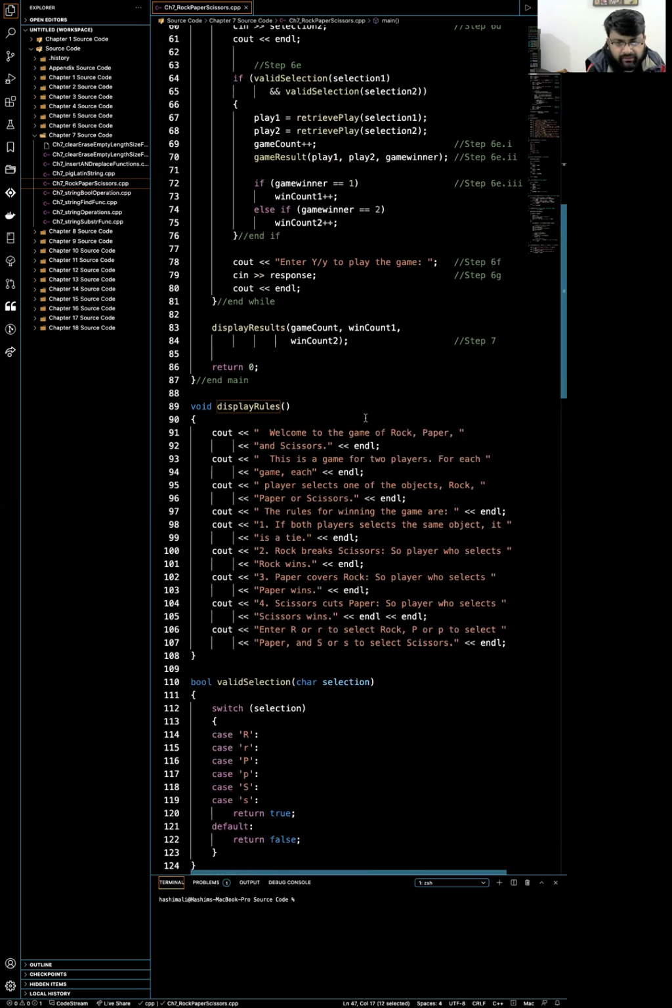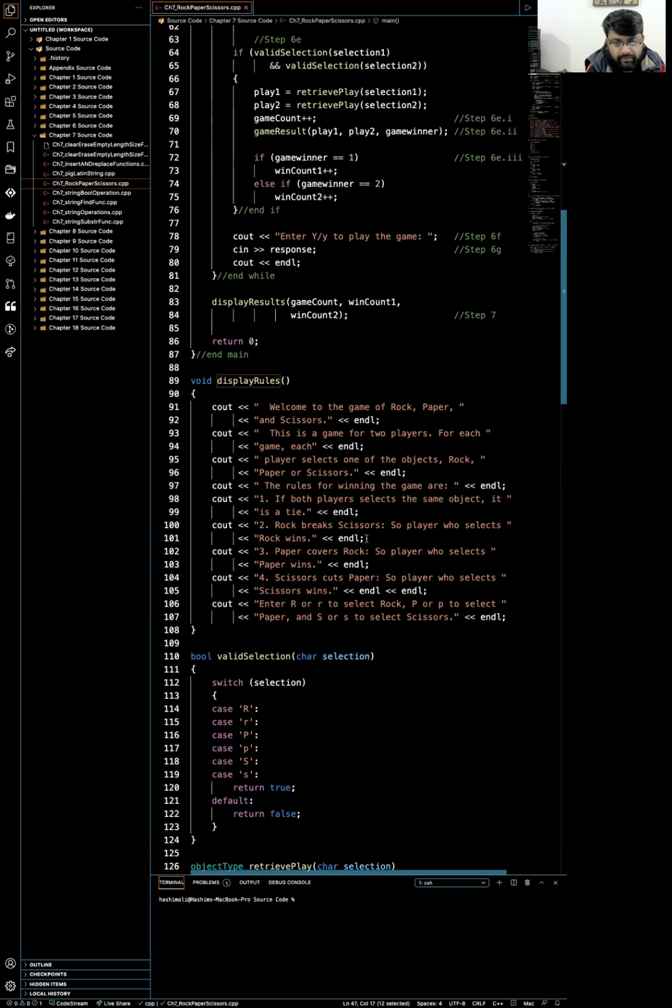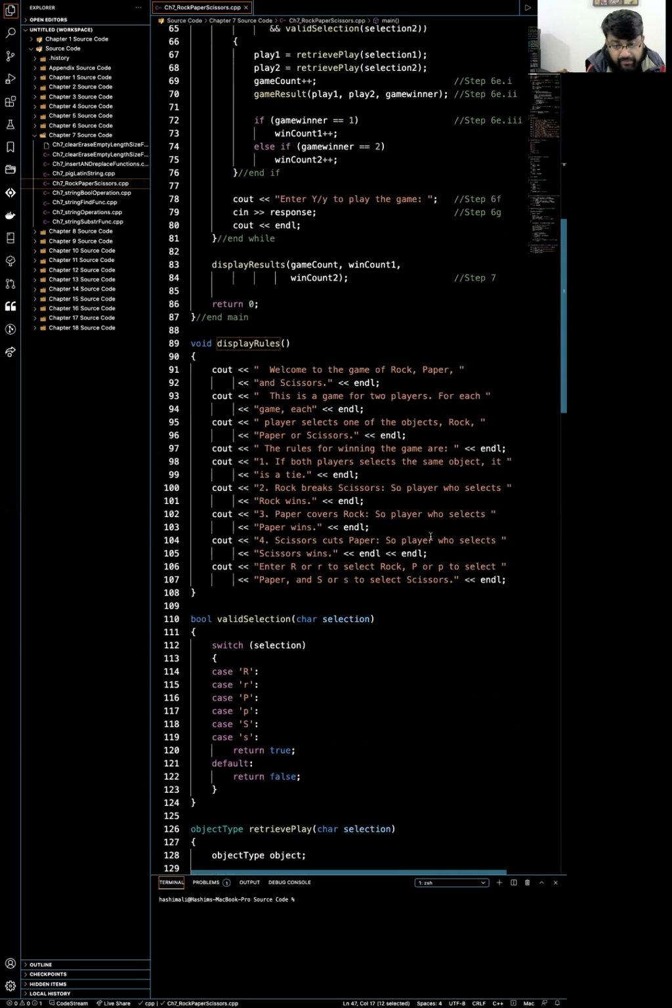Welcome to the game of the rock, paper, and scissors. This is a game for 2 players. For each game, each player selects one of the objects, rock, paper, or scissors. The rules for winning the game are this: if both players select the same object, it is a tie. Rock breaks scissors, so player who selects rock wins. Paper covers rock, so player who selects paper wins. Scissors cuts paper, so player who selects scissors wins. So enter R or r to select rock, P or p to select paper, and S or